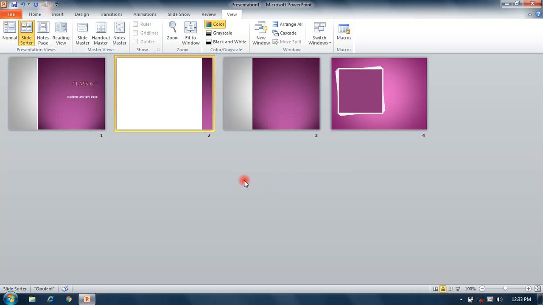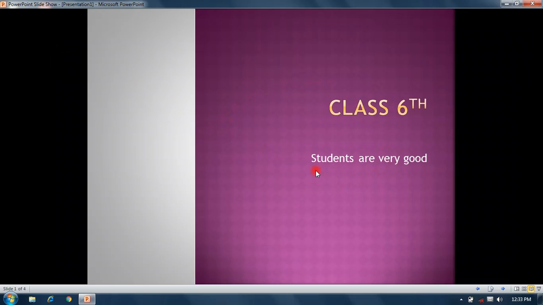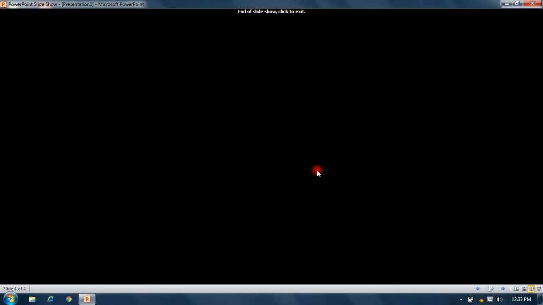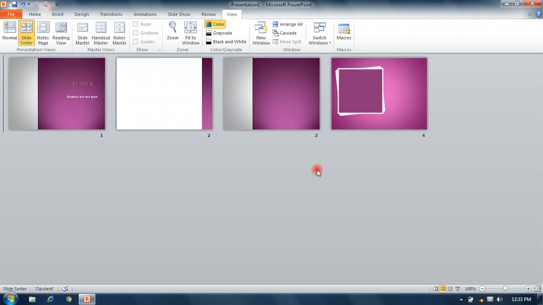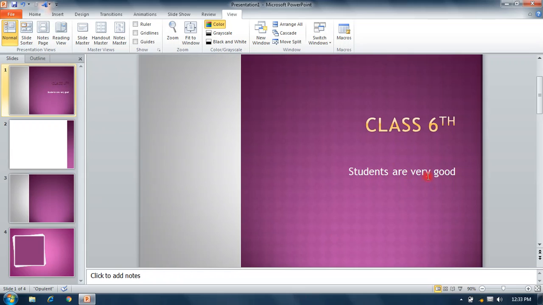This is the reading view, which is also called slideshow view, and we can show our slides click by click, and the slides run. Again we come back to our normal view.